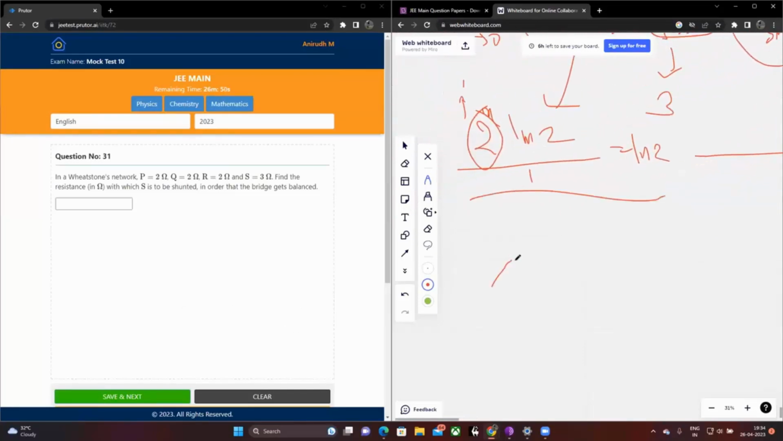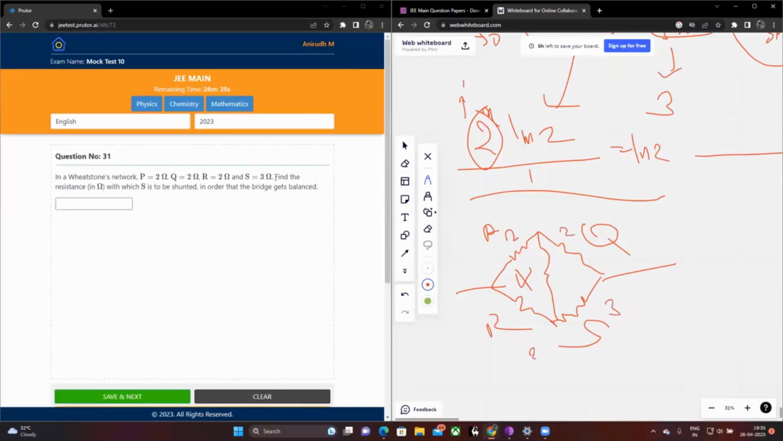The Wheatstone network, you all should know this. It's basically this kind of a network. This is P, this is Q, this is R, this is S, and you have connections here. You usually have some kind of a resistor over here, that is X or something, right? But PQRS, this is wrong also. So you're given that this is 2, this is 2, this is 2, this is 3, and you're asked to